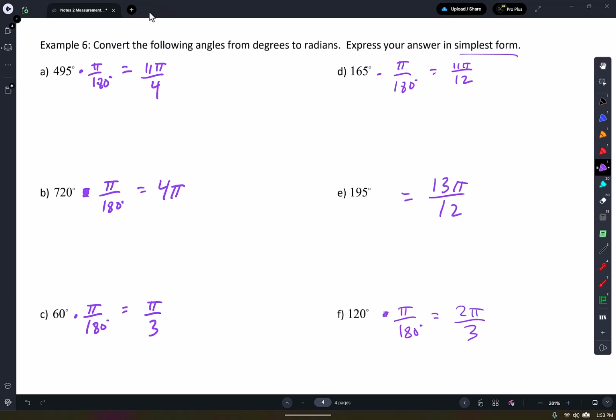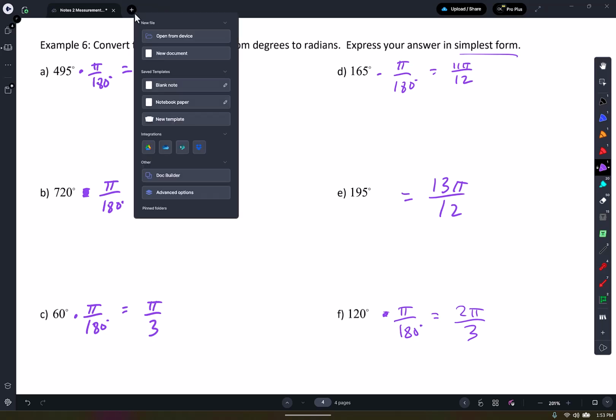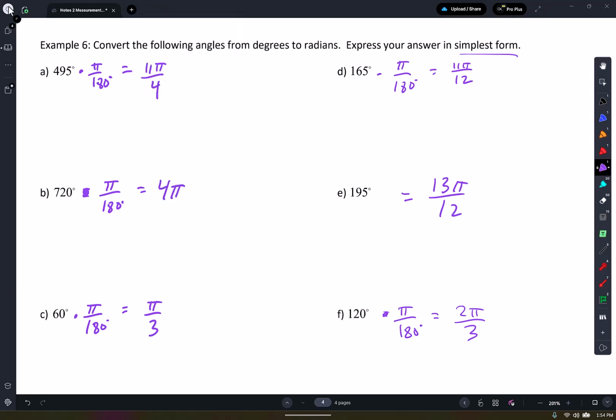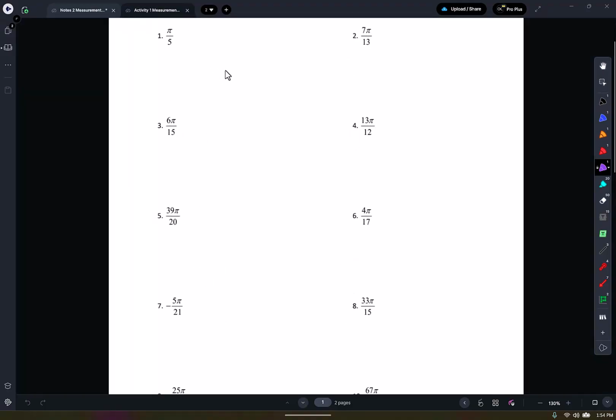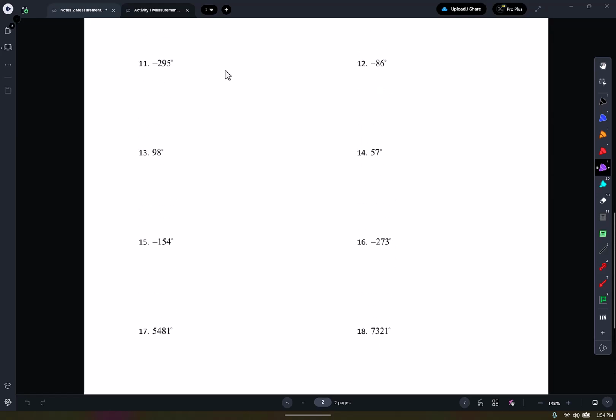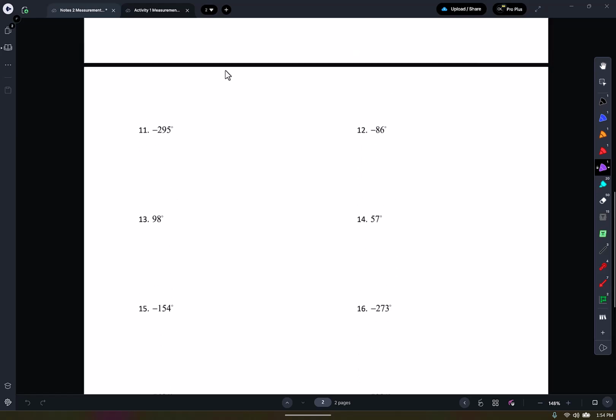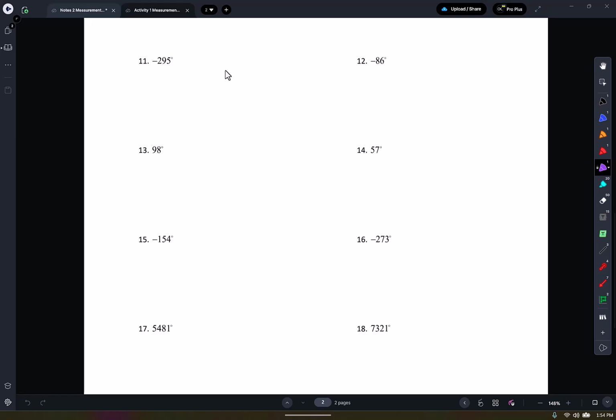All right, guys. Take a 30-second break. Go to the back of this page. Pick one from